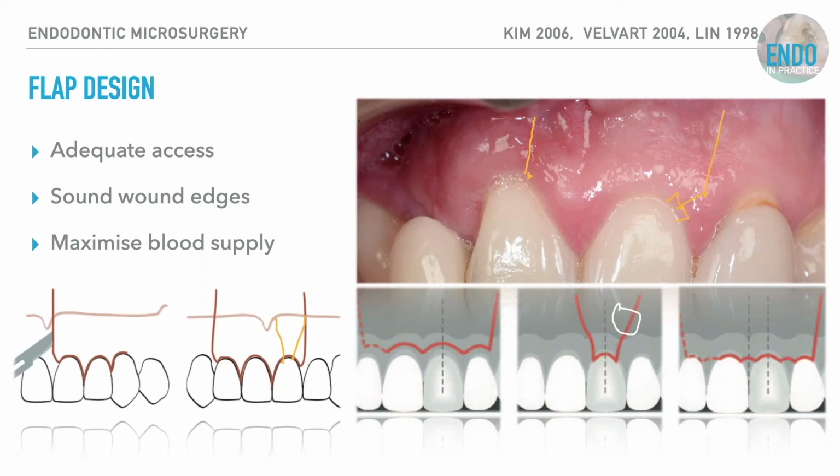But if your lesion is off to the side, when you've made that relieving incision, your flap isn't going to cover potentially your osteotomy completely, so that's going to really limit your access. Likewise, if you make 2 relieving incisions immediately, that again will very much limit your access and limit the blood supply to your wound. So my go-to and my preference